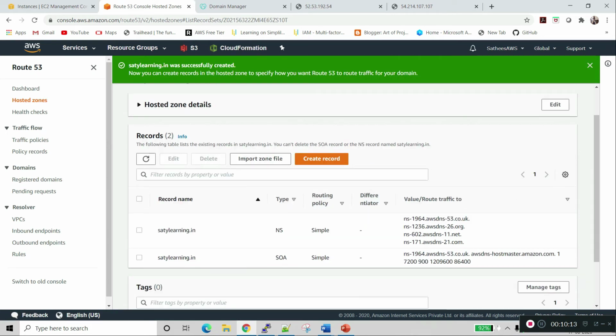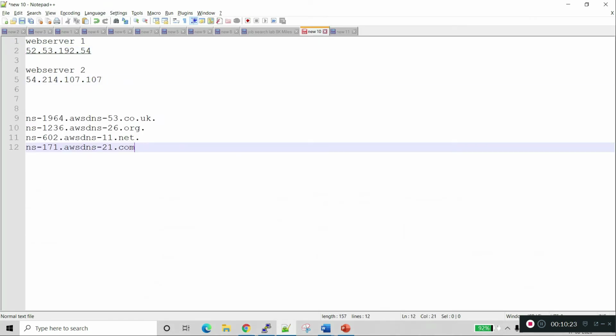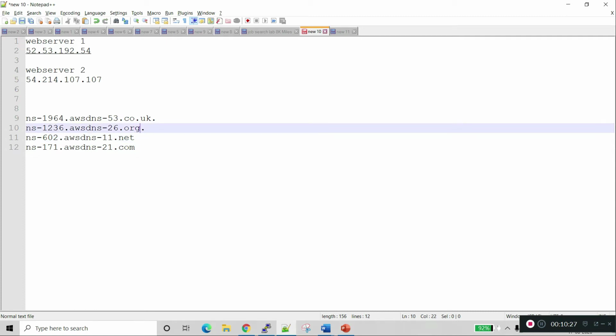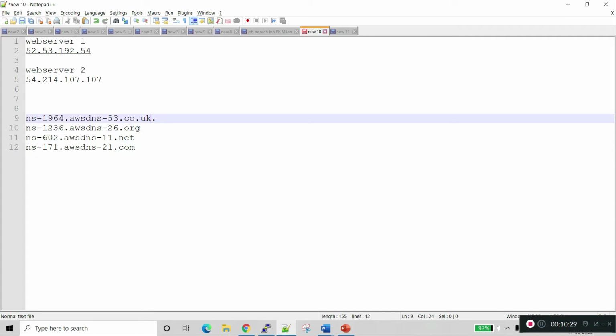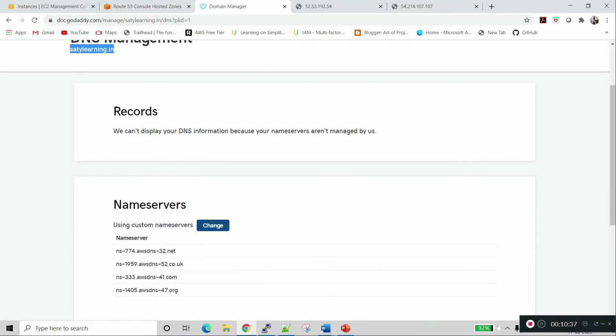So now we got the name servers for the hosted zone. Actually, we need to configure this in GoDaddy. So I'm changing the DNS.